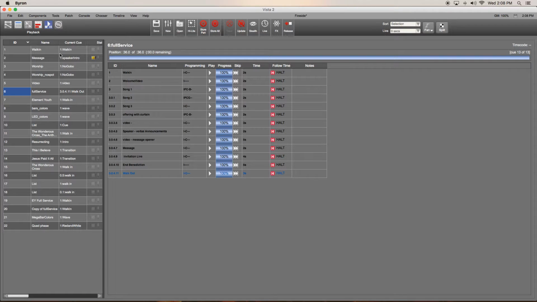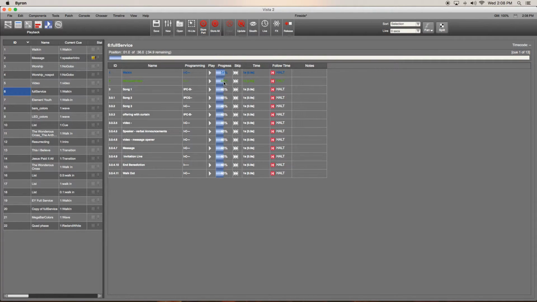I'm going to hit it on the console, and you will see that what happens is all of these cues back out and it goes back to cue number 1, and you can see the progress there is at 100%. Every single time I hit a new cue, the progress continues. And that is how we do Fireside lighting. The only other thing you need to know is